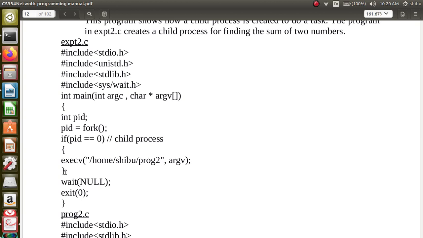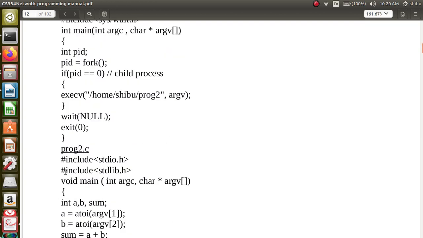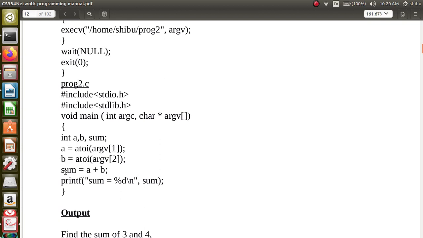Okay, then what is program 2? Here I have a simple program, program2.c, with command line arguments in void main, argc and argv. That means you have two arguments, and ASCII to integer conversion for argument number 1 and for argument number 2. argv[0] is the program name itself,